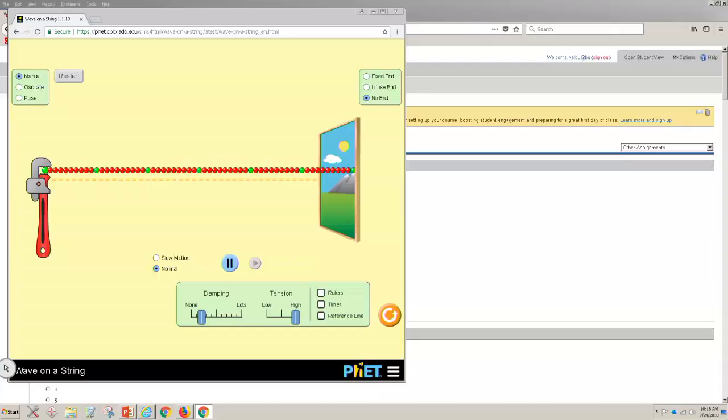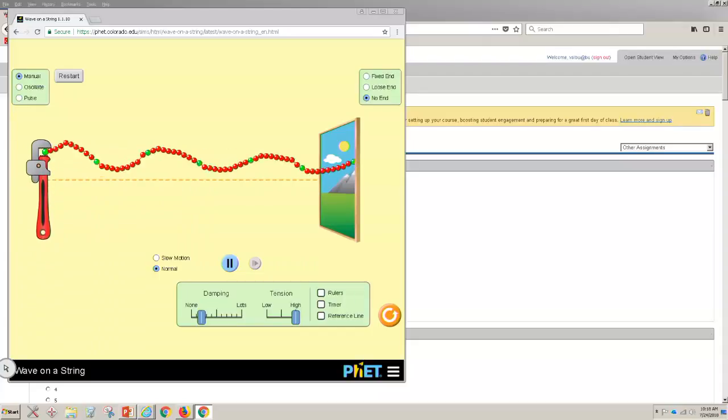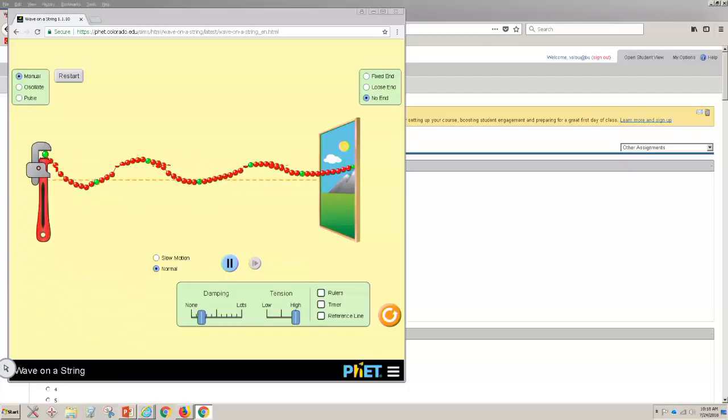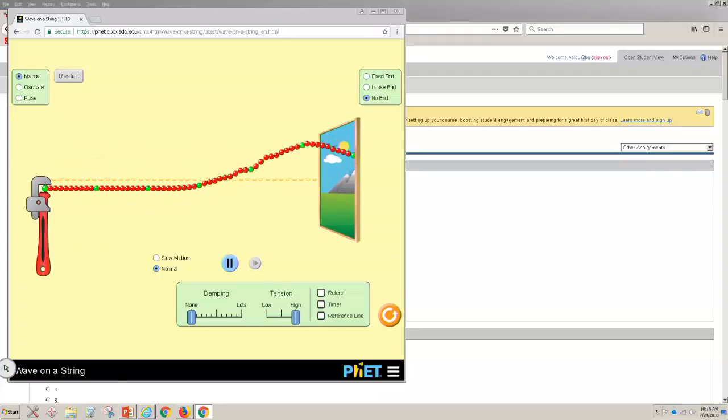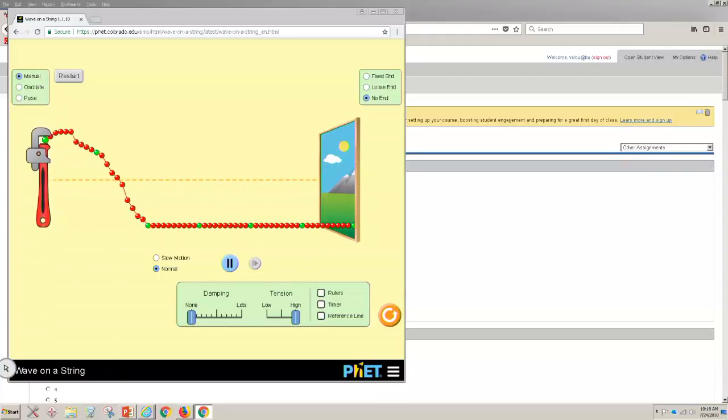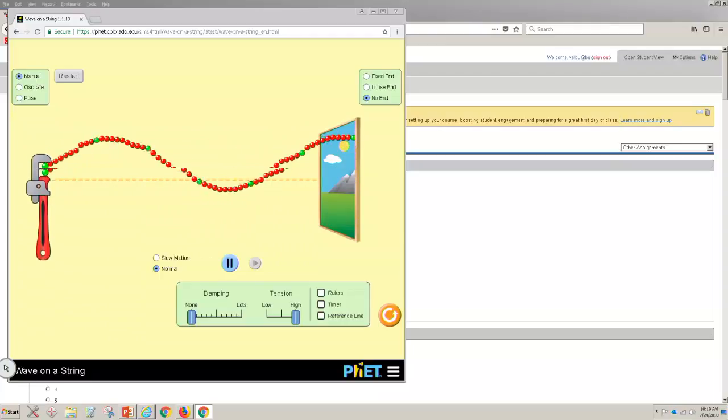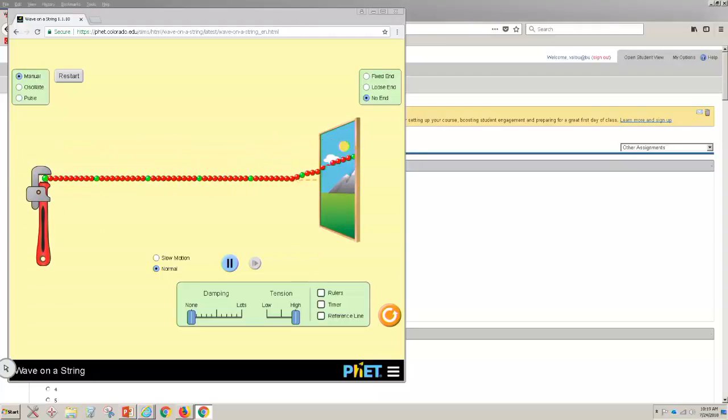You can see that next pulse has a lower magnitude than previous, and it's called damping. We can set it to 0. That's the only case we're going to consider. An ideal, no friction. An ideal rope, and